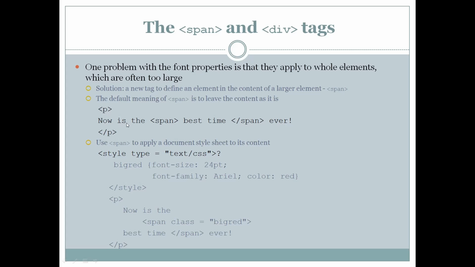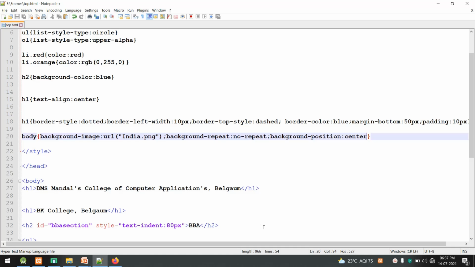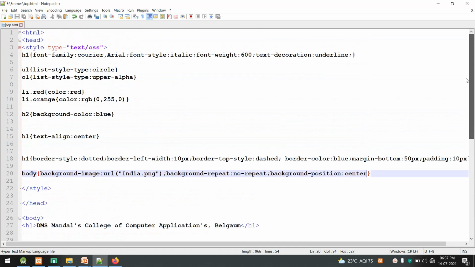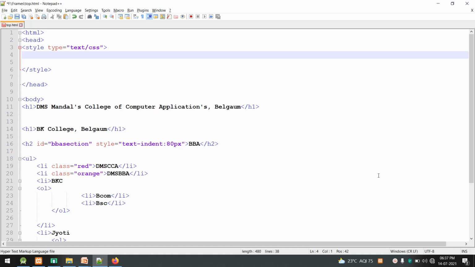One example is given here: a paragraph with the text "now is the best time ever", where "best time" has been included inside a span tag. Now I'll show you how this content will look with and without the span tag. I'll open Notepad. From this file I'll remove all the earlier content, since the file has become so large it might be confusing.